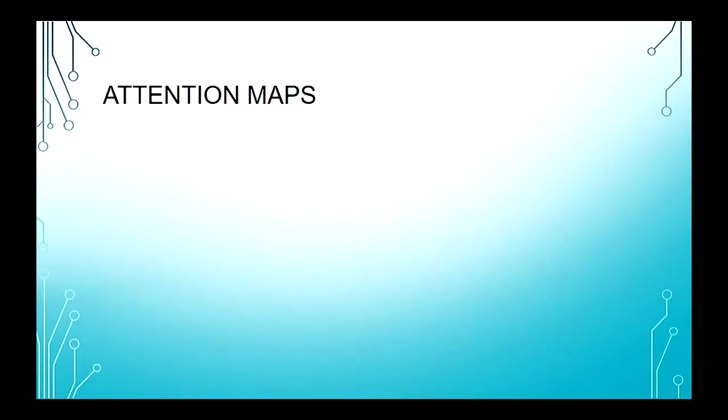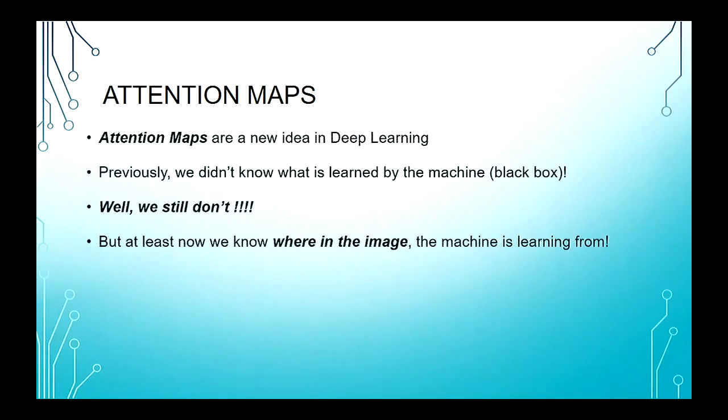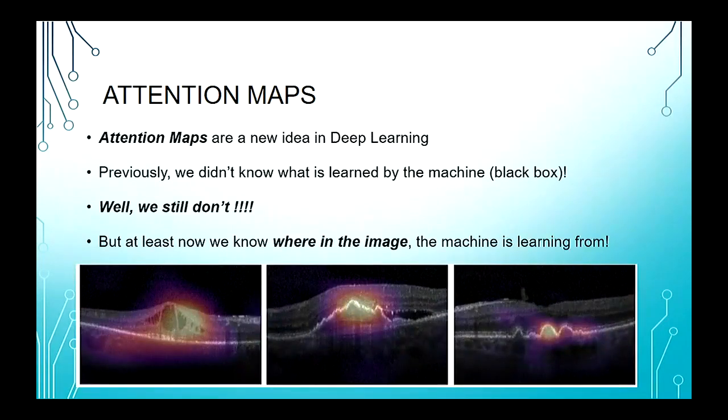So this is another cool part of deep learning. Not only can the machine predict these diseases, it can also hint the clinician where to look. So after the machine has made its prediction, you can essentially delve a bit deeper. You can treat the neural network as a black box and just ask for answers, or you can use it as a guide. So the network will highlight. These are the highlights that are generated by the machine. It can highlight the problematic parts of a photo, for example.